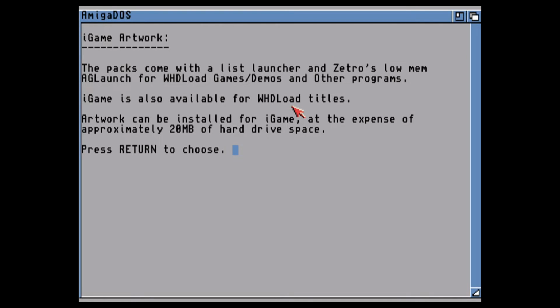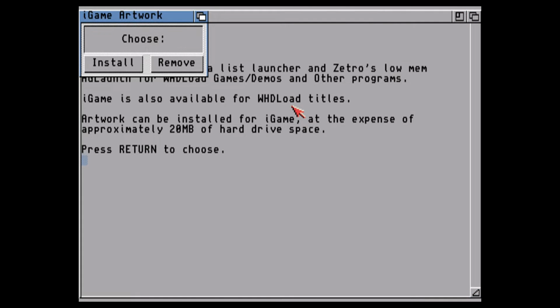Okay, so now it's going to ask us to install some optional things. We don't really need any of these things. So you can read the description if you want. You can install it if you want, although for what we're doing, it's actually not going to do anything for us. So here, just push enter, and then it'll ask to install or remove. We're just going to say remove.